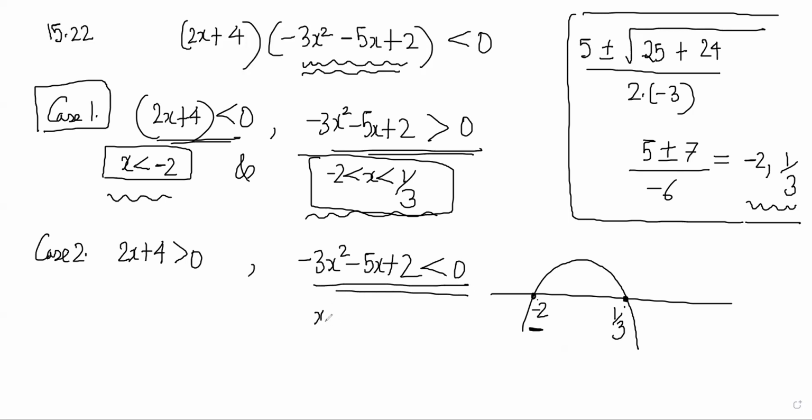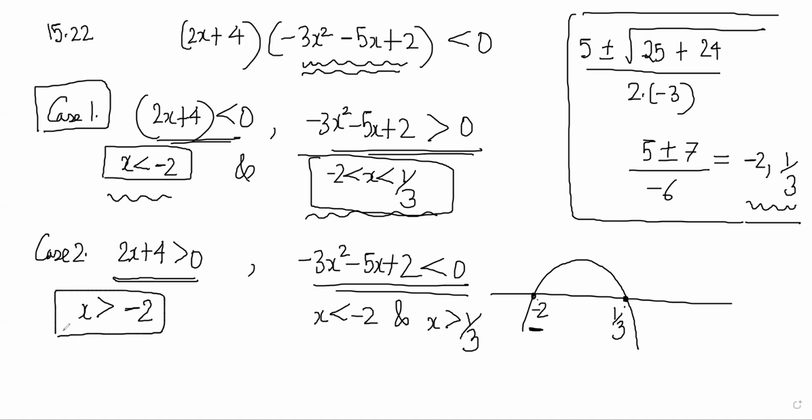When x is less than -2 and greater than 1/3. When is this happening? That's positive when x is greater than -2 and less than,